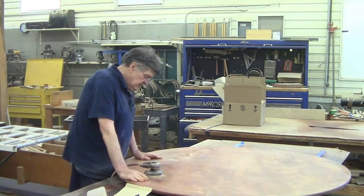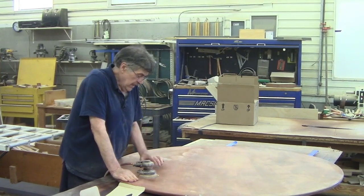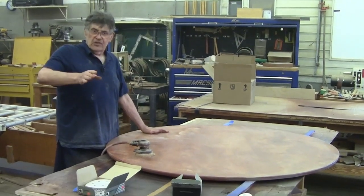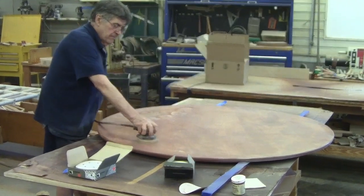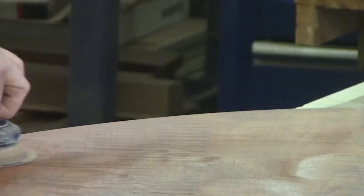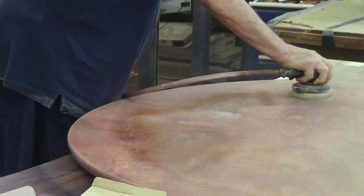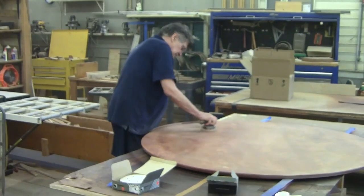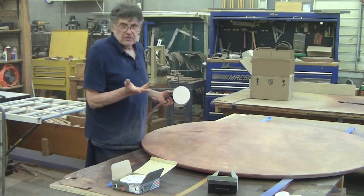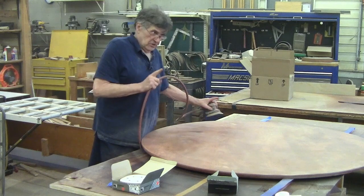Again, I apologize, you can't see this, but as I go over it, the sheen is acting like a trace coat. And I can see, you know, like where I make the first pass, I can see the top of it. The sheen is gone, but you can see the curl, it's not. Now, one of the keys to this is, now you don't have to use a pneumatic, but make sure you got a good clean flat pad and keep it flat and moving. Just like using